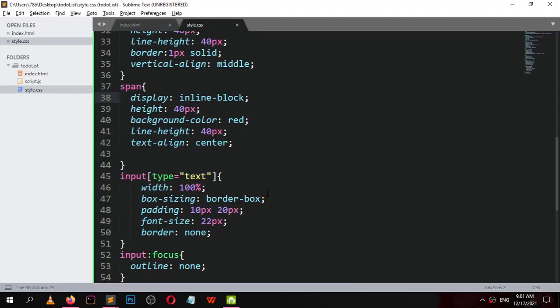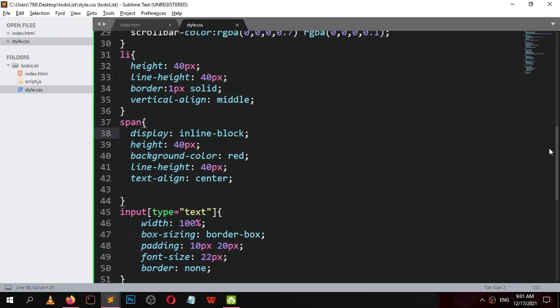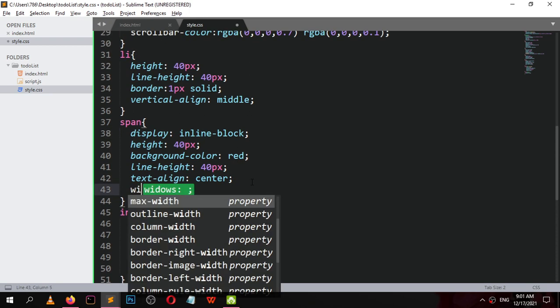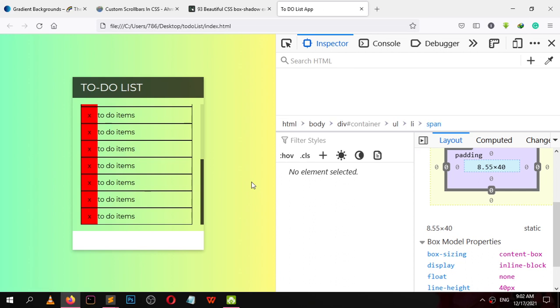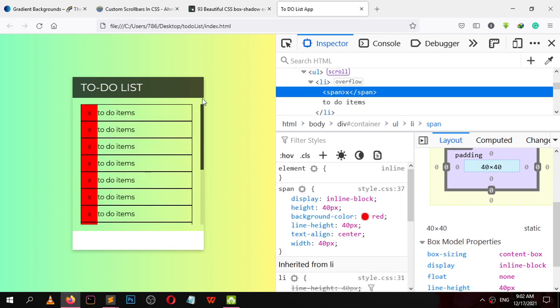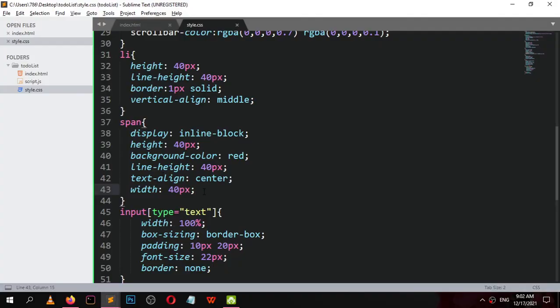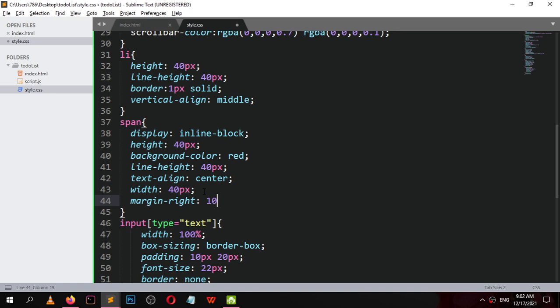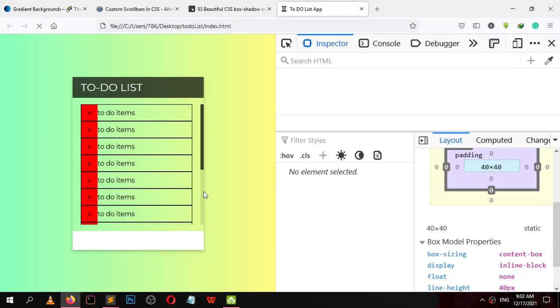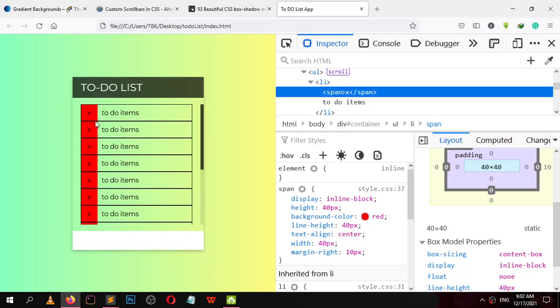And give a width of 40 px, a height of 40 px and a width of 40 px, and a margin right of 10 px. So there should be a gap here.